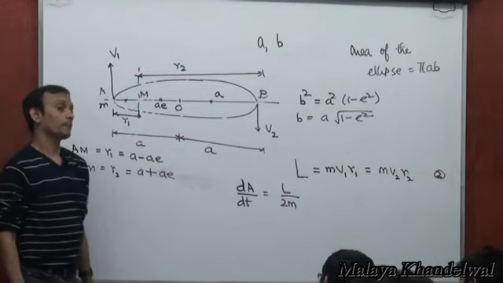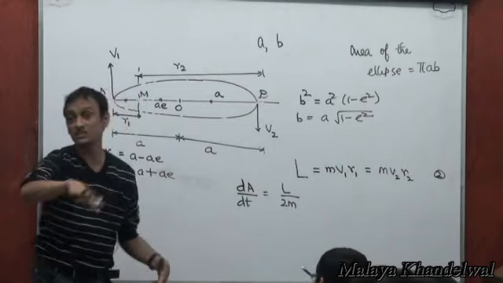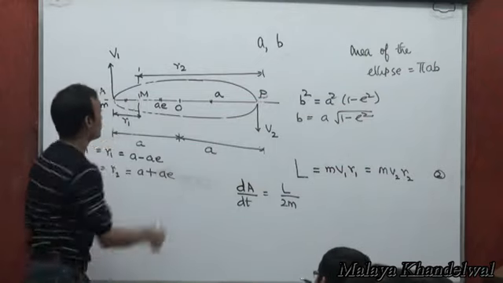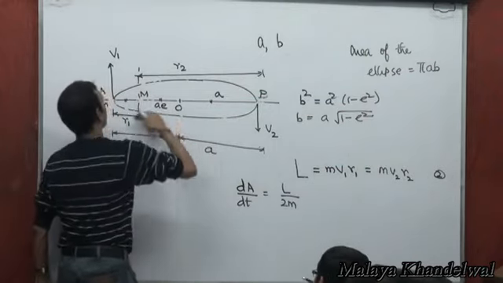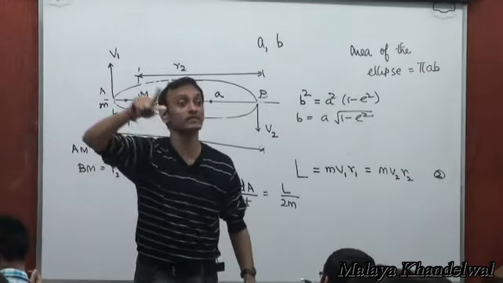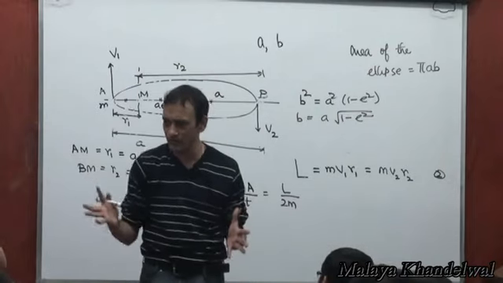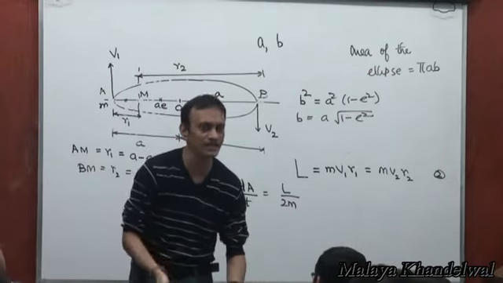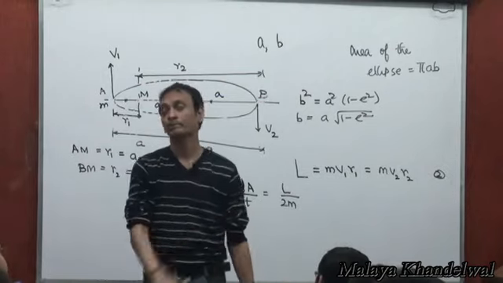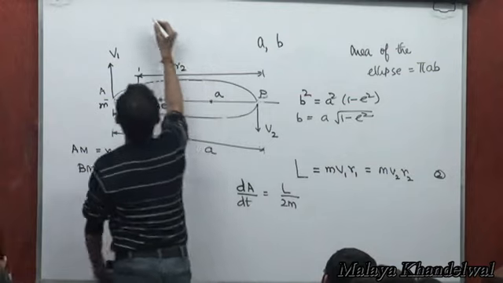Now the time it takes to come back to the same spot on the ellipse, that's the time period of revolution. If it starts here, goes around and comes back to this point, then that's the time period of revolution, yes or no? That's the time period for Earth. It's 365 days around the sun, right? That time period, very clearly, if you have to compute it,